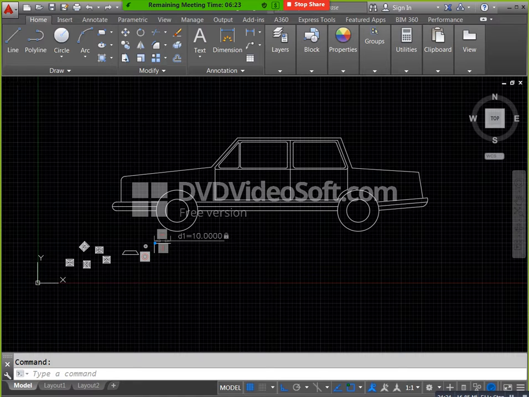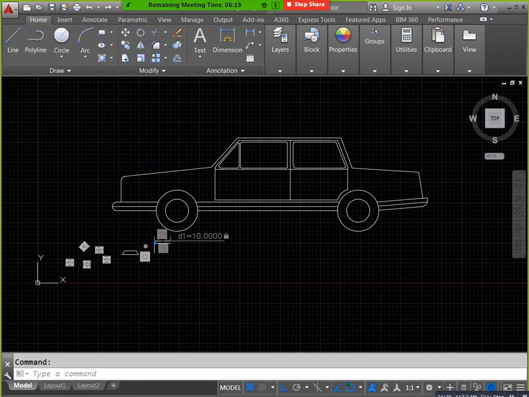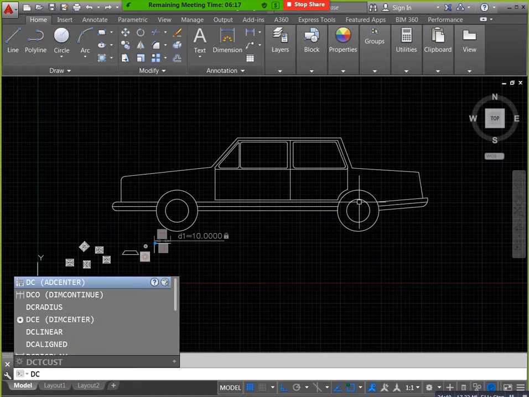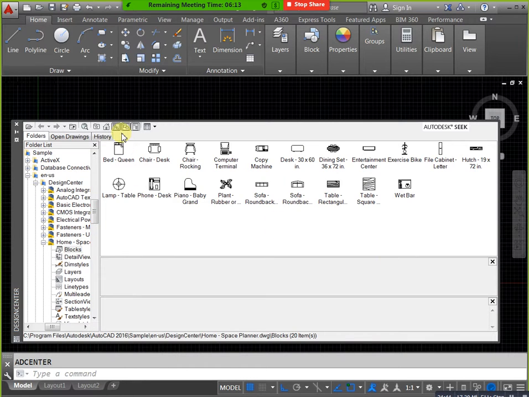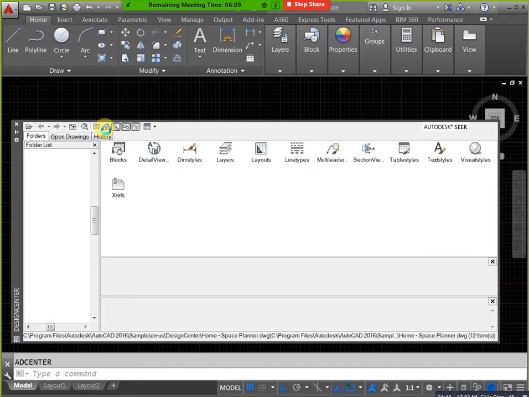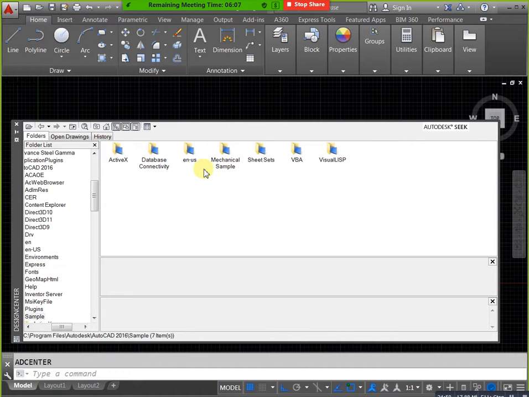In this Design Center we have separate folders: heating, ventilation and air conditioning, hydraulic and pneumatic drawings, and house designer drawings, and house planner drawings. Fasteners means nothing but screws, nuts, bolts. US like inches, imperial condition and metric condition.